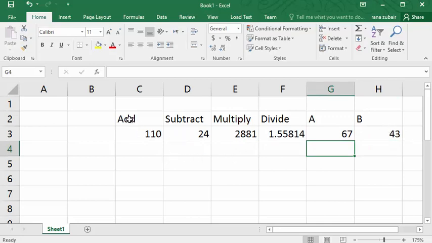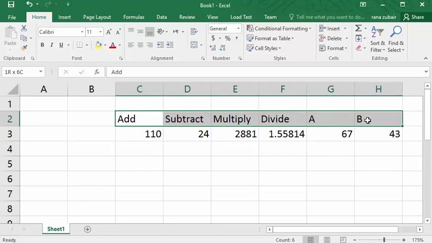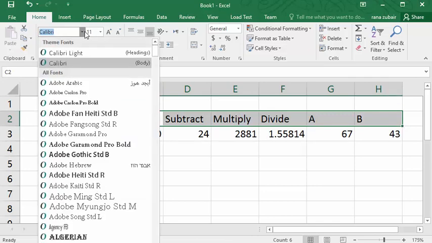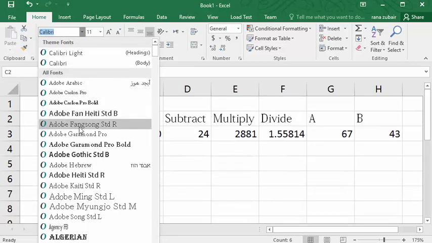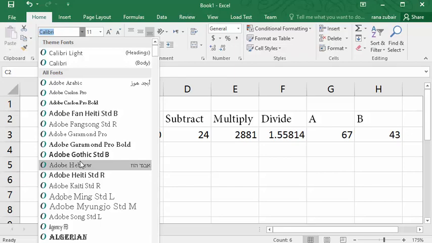Let's say I want to change these to a different font style. I will click here, this is the font. Click on the arrow. Multiple fonts are here. As you move your cursor over the fonts, the style also changes.